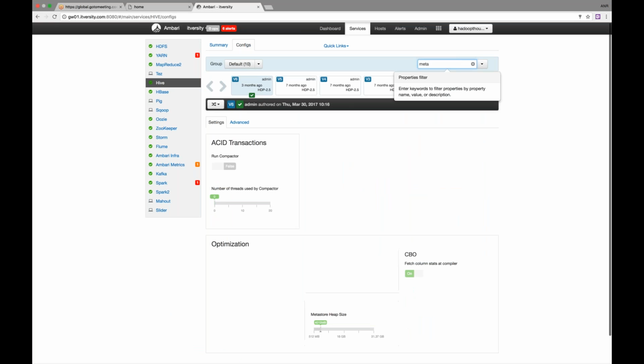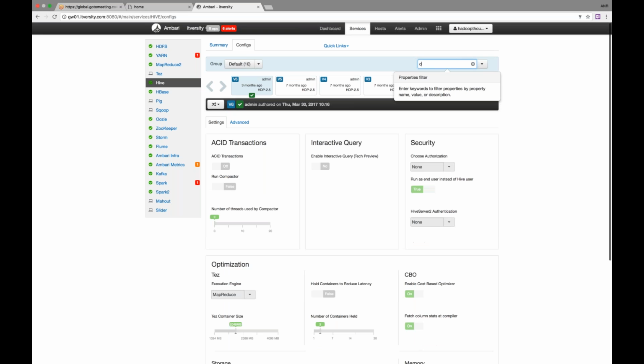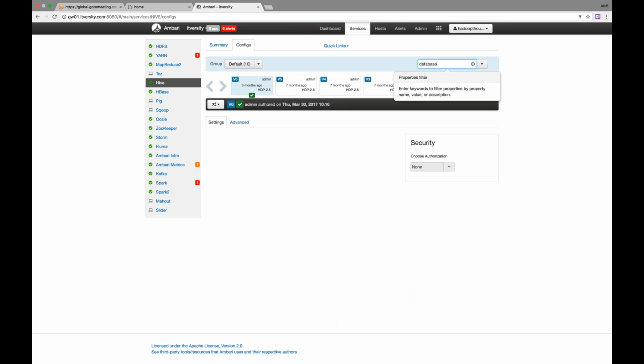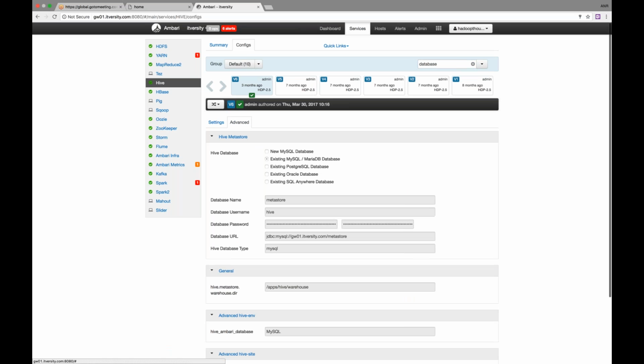Click on Meta. Click on database if you don't find it like that. See here, everybody please focus. Now,